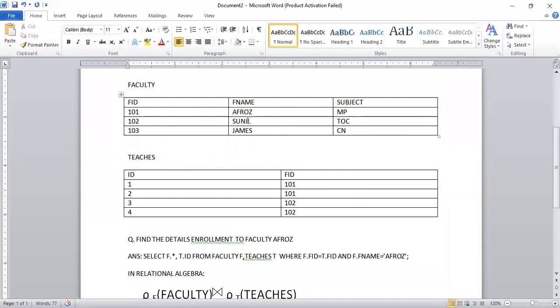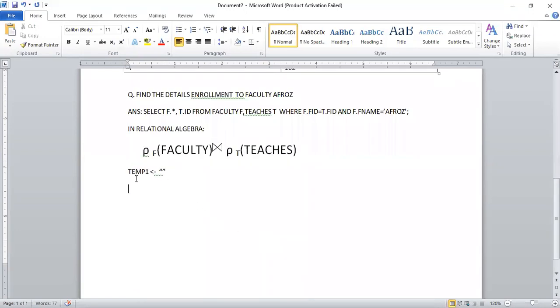But 4 rows: 101 Afroz MP, 101; 101 Afroz MP, 201; 100 Sunil TOC, 302; again 100 Sunil TOC, 400. So temporary 1 contains 5 attributes and 4 tuples.